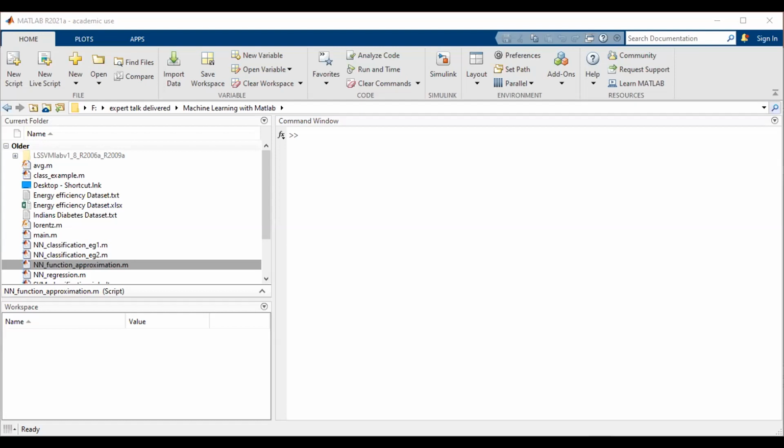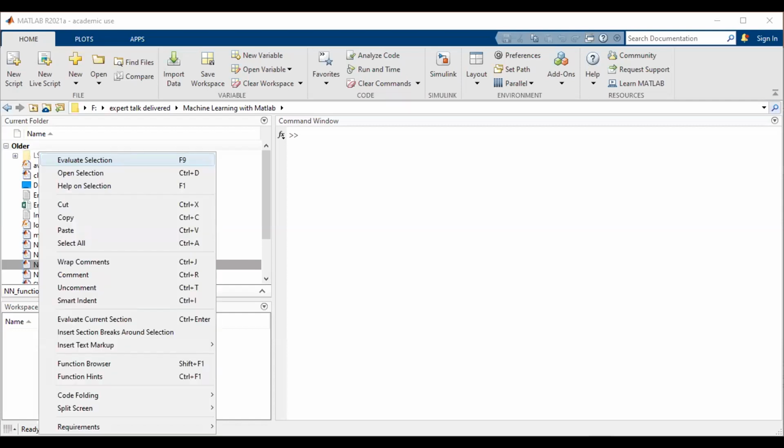So you can see this is a very simple code. I can share this one. No need to write or copy all this code. I'll share it with your coordinators. This is one of the easiest function approximation implementations in MATLAB. The function that we are going to approximate is the sinc function. I think all of you are familiar with the sinc function. I'm going to run this sinc function.